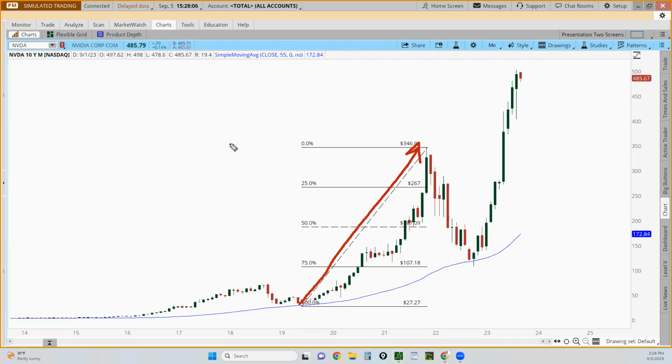And so what I'm now doing is I'm saying, okay, I'm only interested in the ones that pull back to the 55 or less. Does that make sense? And it's right here where the blue line is taking place. Those are my criteria, right? It has to pull back 50% or more. It's trading at or near the 55 simple moving average, and then getting ready to start heading back higher again. And that's as simple as I do it. Okay? It's as simple as I do it. And I just look for stocks that meet that criteria.